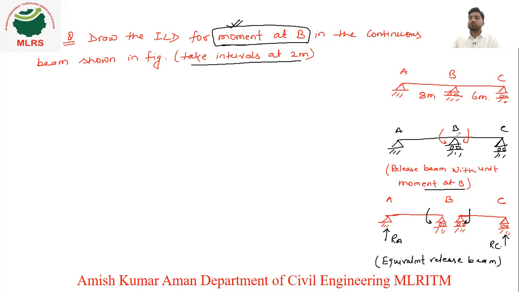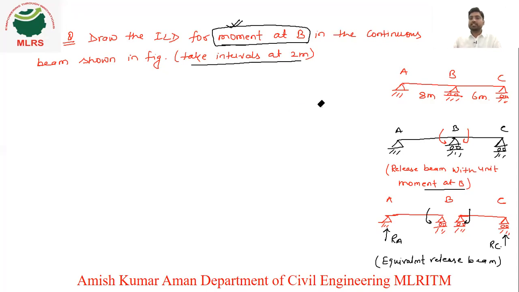If you give the unit moment at B, then in this span and this span you can see this is anti-clockwise and this is clockwise direction, right? So the total moment at this point is zero, only cancellation. So we have given the unit moment at this point. Now we divide it into two spans, because we have given a unit moment. In the previous problem we gave only a point load at B. But here it is a unit moment, so this moment will affect this span and this moment will affect this span. So we need to divide it into two different spans.